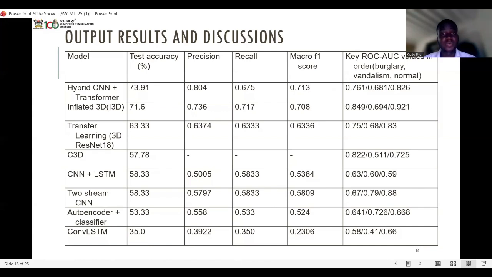When it came to the ROC, that is the ROC values that tell us how well the model can differentiate a class from the rest of the classes, it scored a 0.761, which was 4th best for burglary. It scored a 0.681, which was 4th best for vandalism, and a 0.826, which was 4th best still for normal. We still chose this model because of its